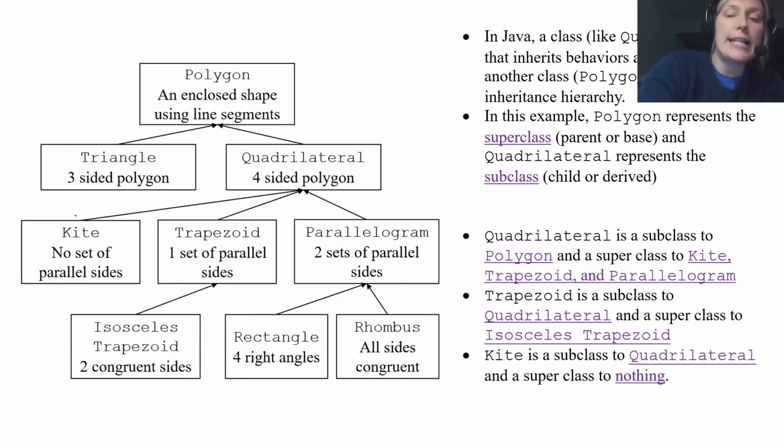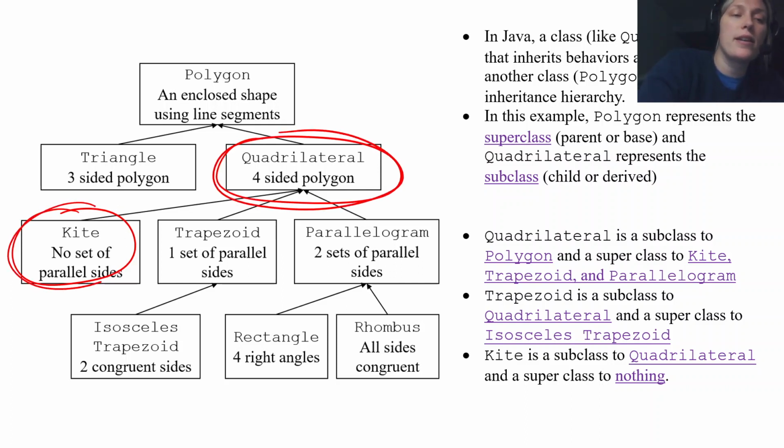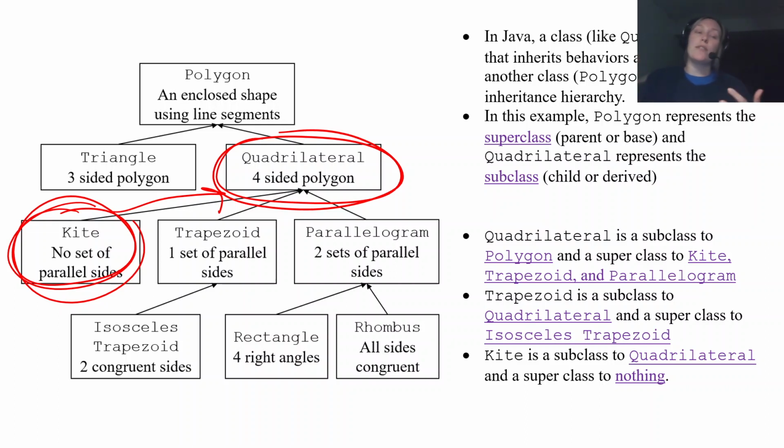Or like kite and quadrilateral. Okay. Kite is a subclass to quadrilateral, who's the superclass. Okay. Kite doesn't have any derivatives off of it. It's not a superclass at all. Kite is only a subclass because nothing else comes off of kite in this example. Okay. Superclasses and subclasses